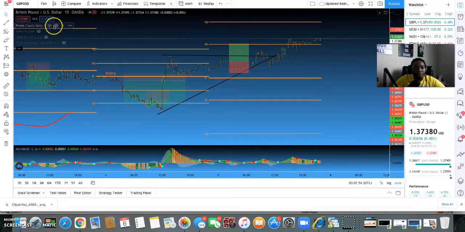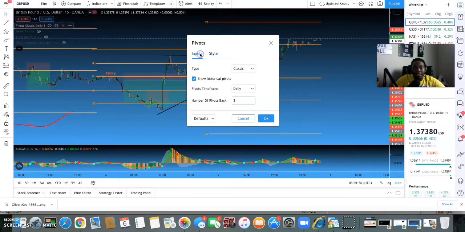So the settings on the pivots that you need is classic. Shout out to Trade Profits. He actually introduced this method and it works, so I use it. So shout out to Trade Profits. The type is classic, time frame daily. Make sure you change it to daily, and the number of pivot backs, put 3,